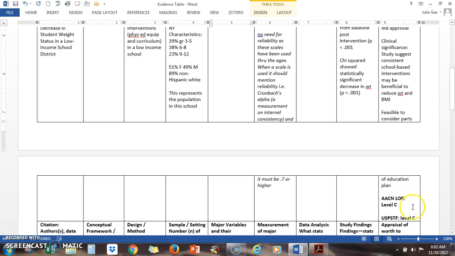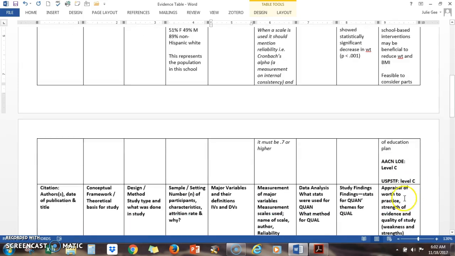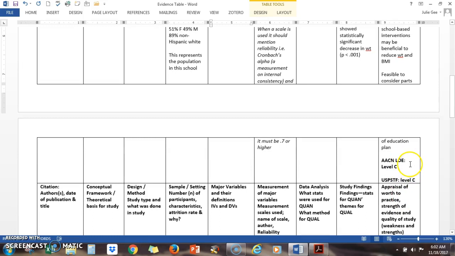Kids. We need to do the level of evidence as well. And remember, I talked about this. So it was an AACN level 3, and if I use the other, it was a level C. And you can go back and look at that. Okay, we're going to move on to